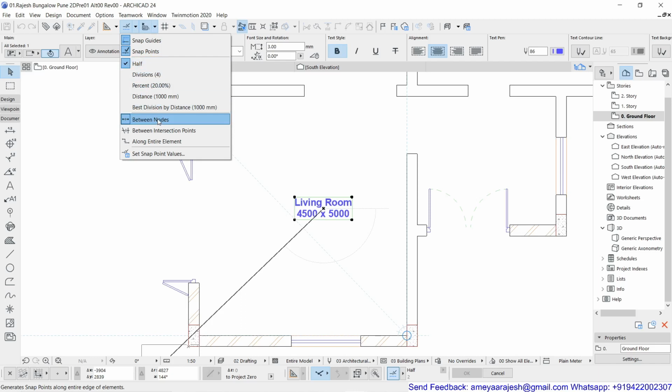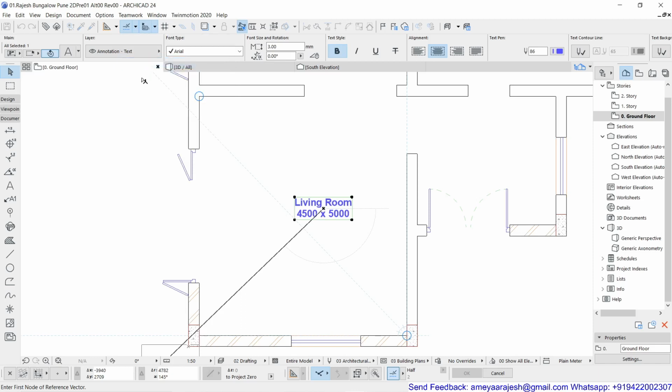So if you have chosen snap intervals at half, or snap intervals at division, percent or distance, whichever you select will be considered. I'll say half, and if you see, the cursor also shows a symbol which indicates that you are now in divide mode.